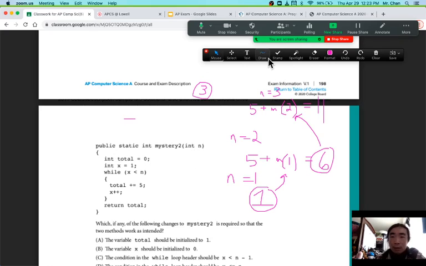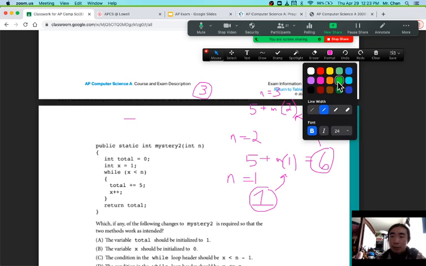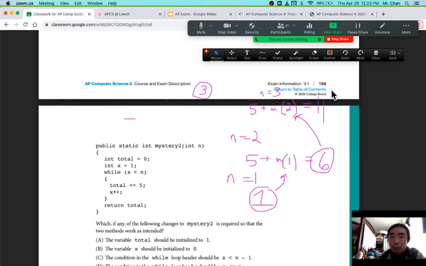Mystery 2. Okay, let's do that same thing. Perhaps I'll change colors to brown. So now I'm doing mystery 2, okay, with that same 3 as an input. And let's see what happens. Total equals 0, x equals 1, x is my counter. I need to go up to 3. Total plus equals 5. So total in the first loop,